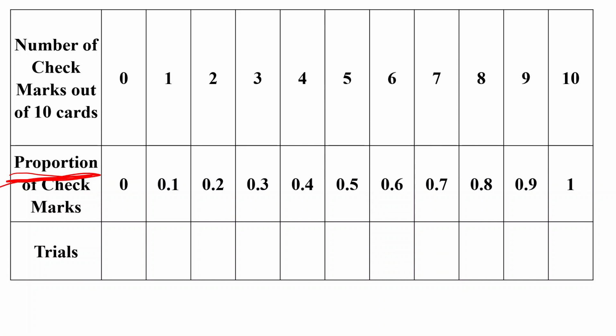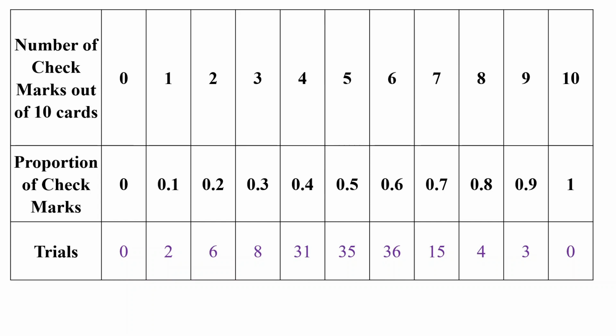I'm going to compile my class data. This is actually data from 7 students, myself included. So 6 students plus me, for a total of 140 trials. Instead of making 140 tally marks, I'm just going to show you the numbers that go there. So we're compiling the class data. In this simulation, remember, a simulation is something we repeat over and over again to model a chance process. We repeated this over and over to model the chance process of picking 10 cards from a population